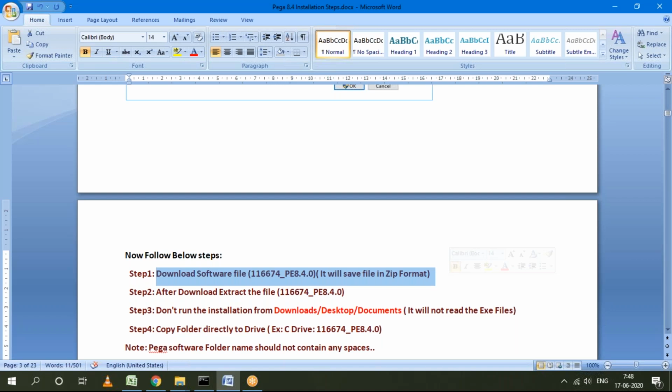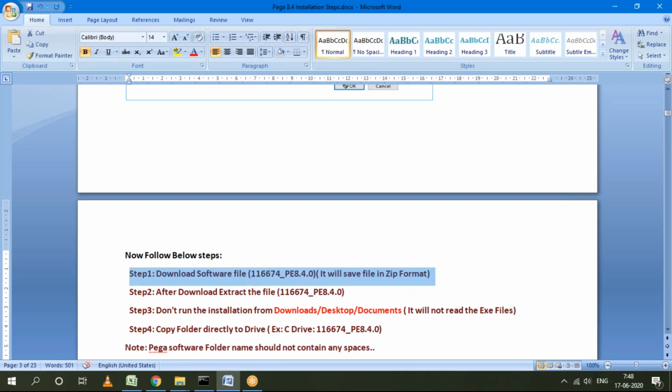So download that file. With a good bandwidth, it will take half an hour to less than 1 hour, maximum. It depends upon your bandwidth and speed again. If you have a good speed, it will take less than 20 minutes to 1 hour at most. Okay, and then you have to extract that one.